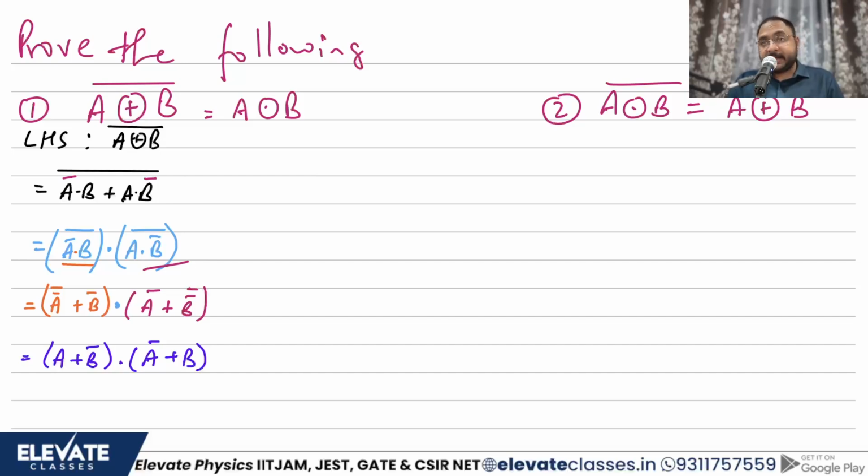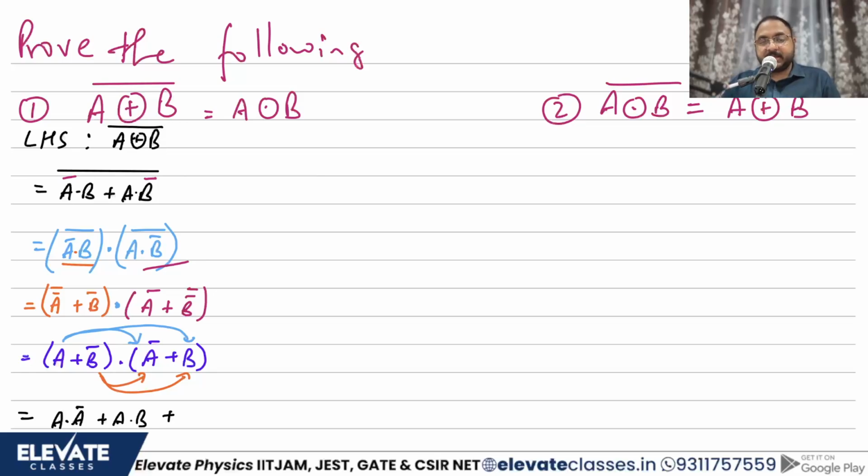Now let us open the brackets. You remember the distributive property? Basically this is your 8th standard, 9th standard opening the brackets kind of thing. So this A will get multiplied to A bar and B, and then this B bar will get multiplied to A bar and B. What will we have? A dot A bar plus A dot B. Correct? That is the first kind of product that I will have.